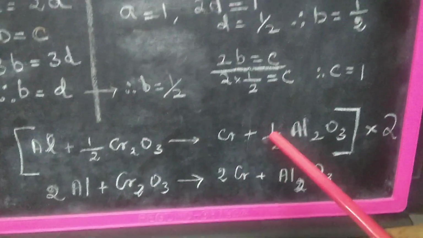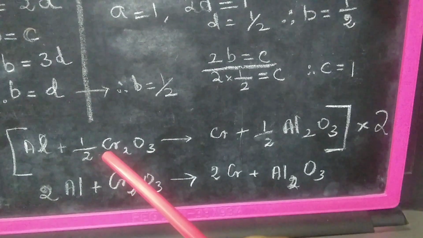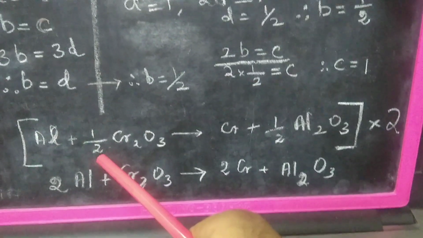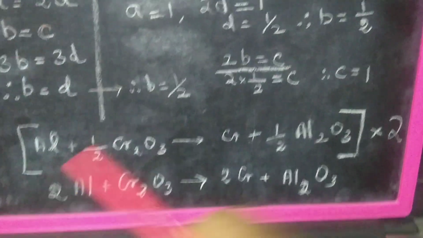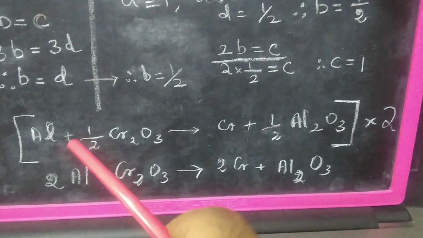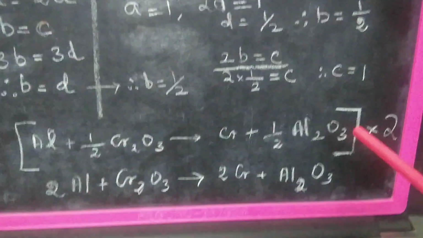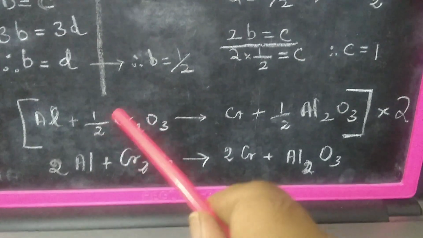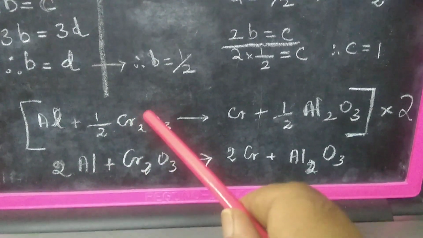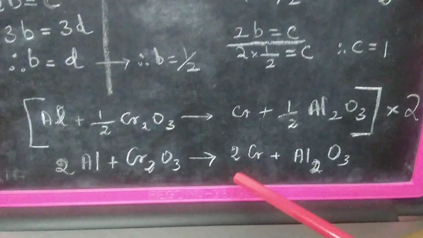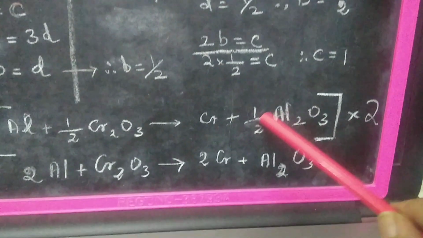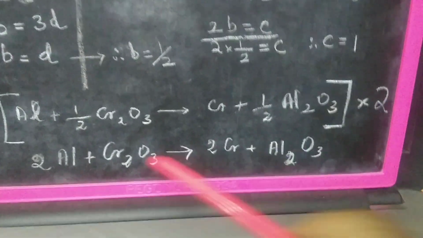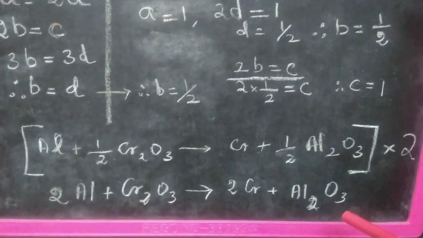But in any chemical equation, no number should be in fraction. Therefore, we have to convert them into a whole number. How? So here, what is the denominator in both the fractions? 2. Therefore, if you multiply the whole equation by 2, this 2 and this 2 will get cancelled, isn't it? Therefore, what do you get? 1 into 2 is 2Al. Then half into 2 is 1, therefore 1 Cr2O3. And 1 Cr multiplied by 2 is 2 Cr. Here half Al2O3 multiplied by 2, this 2 and 2 get cancelled. Therefore, you get 1 Al2O3. So now this is the balanced equation.